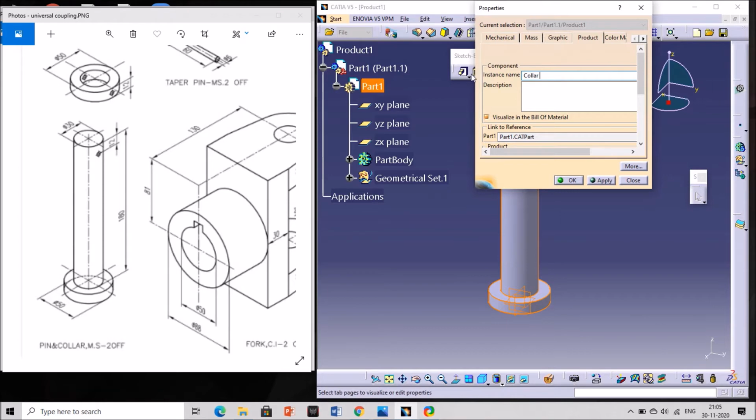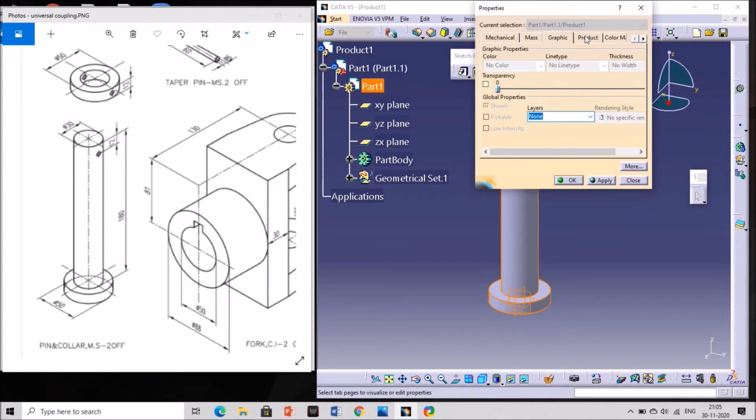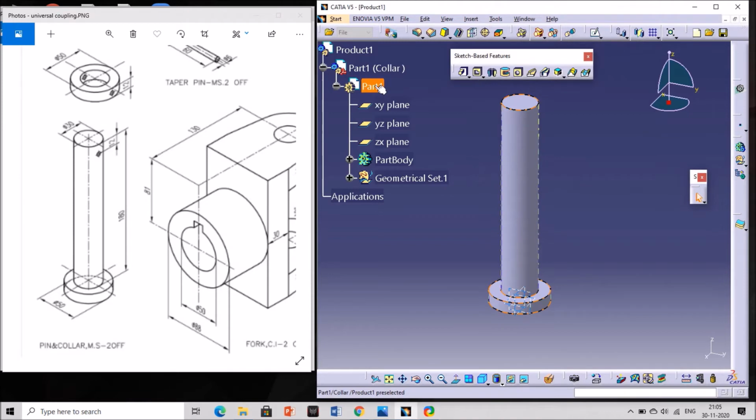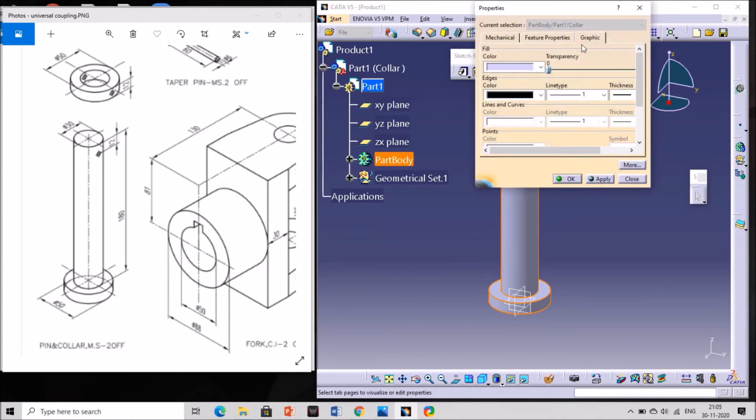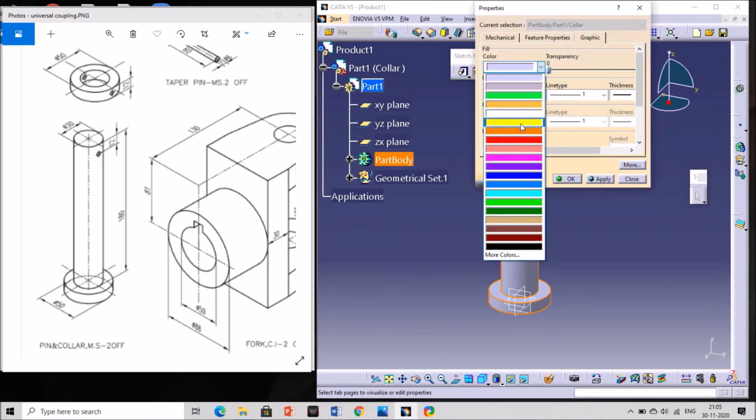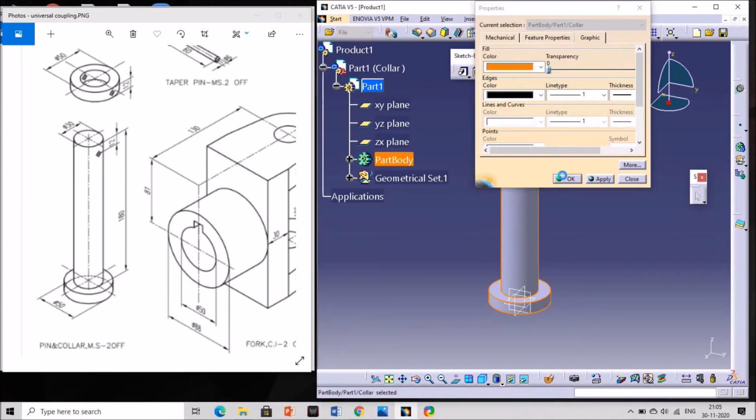Okay, and if you want to change the color of this part, you can go to graphics. To change the color of this part, go to part body, right click, go to properties. Okay, go to graphics. I'm giving the color as this color and click on OK.